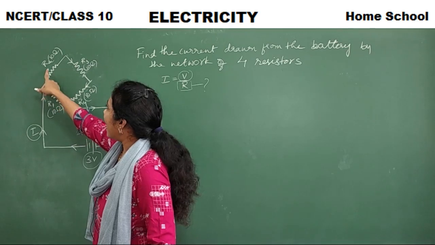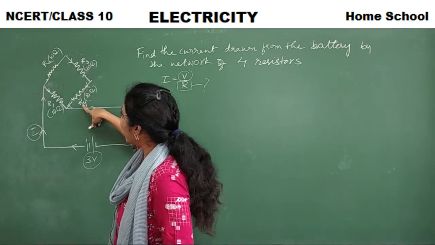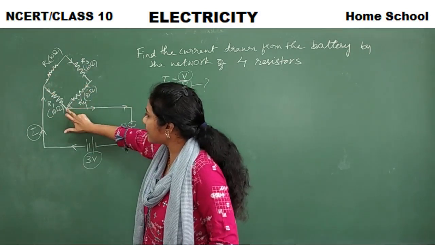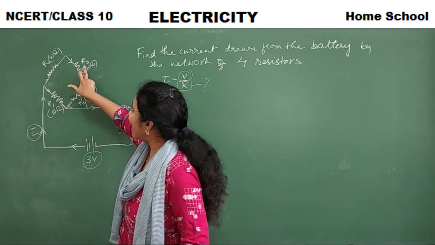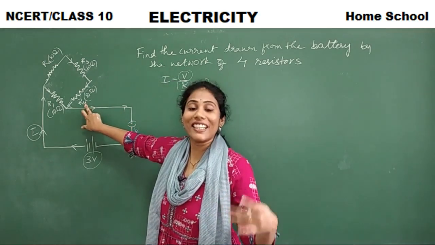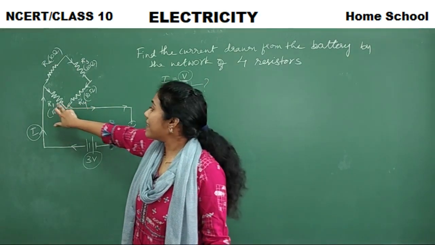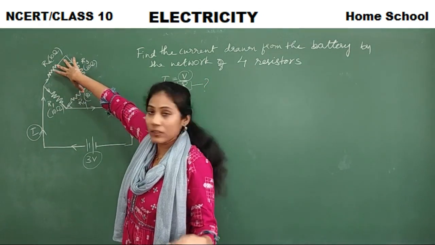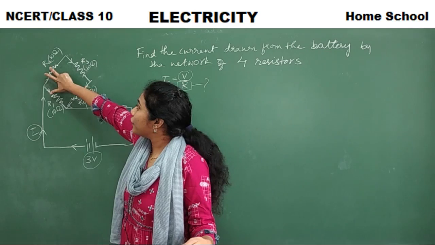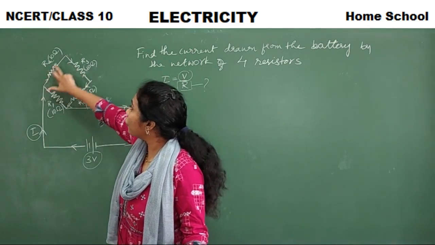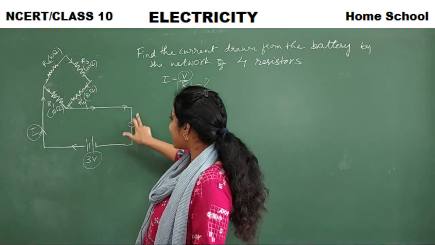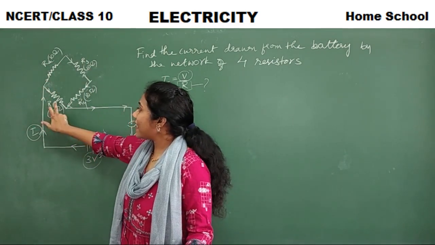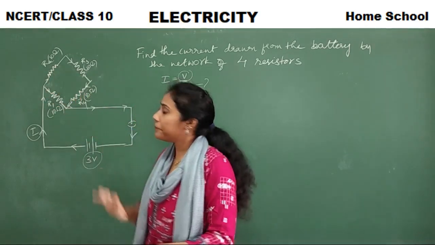See, R2, R3 and R4 are actually connected in series. They are coming in one line, guys, right? R2, R3 and R4 are connected in series. Whereas R1 is parallel to these 3. Yes or no? Observe carefully. R2, R3 and R4 are coming in one line that is there in the line of circuit. That means they are series. But this guy R1 is parallel to them.